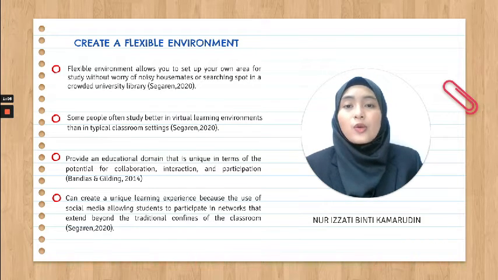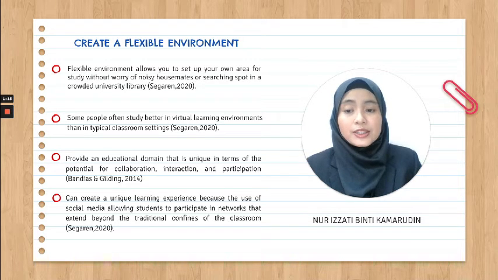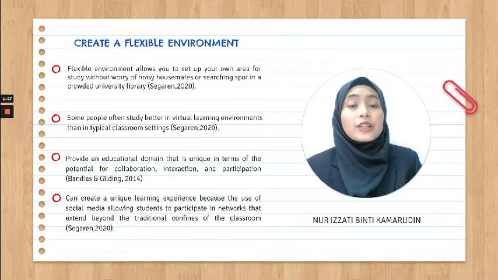It means that when you are involved in an online learning environment, you meet many people through virtual meetings. Then it can create a unique learning experience because the use of social media allows students to participate in networks that extend beyond the traditional confines of the classroom.